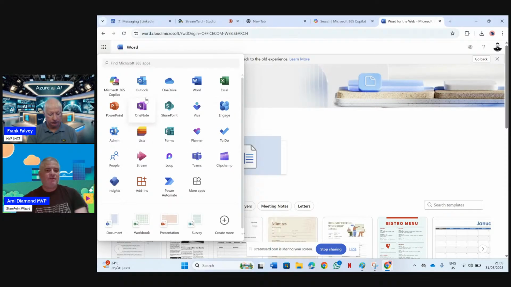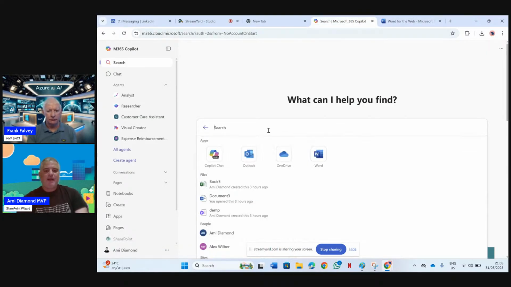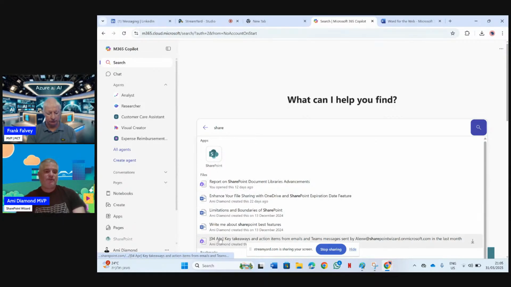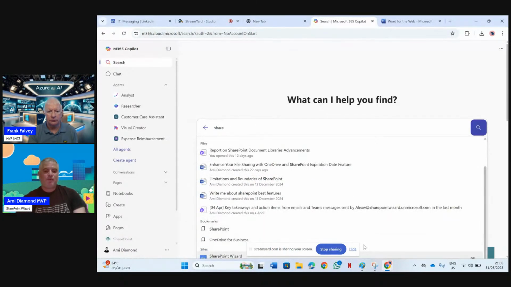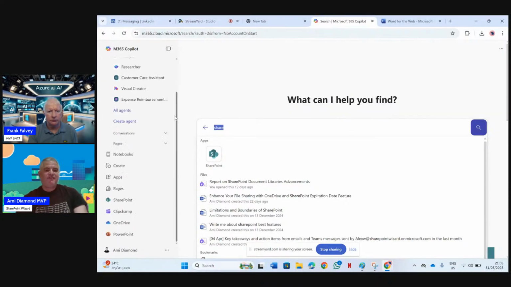If you want to go to one of these applications, what you need to do is go to the search. In addition, if you want to find files or something, let's say I want SharePoint, it shows everything that starts with what I typed, or documents, or what was bookmarked, or other things. So the app launcher has gone away, but if you insist on having the apps here,